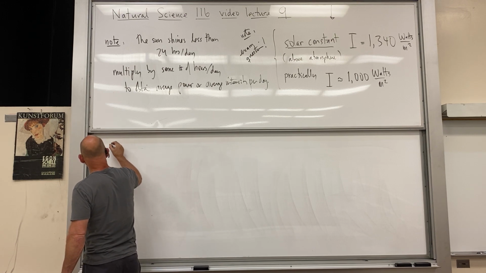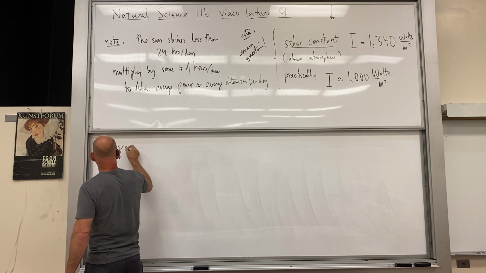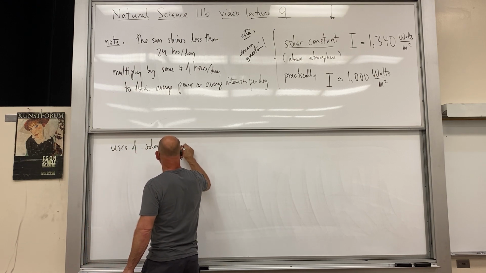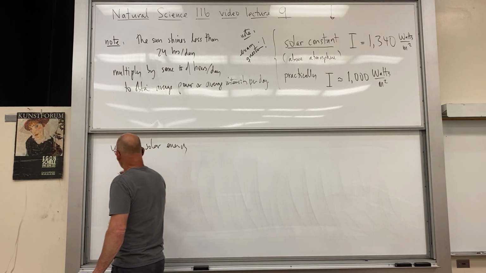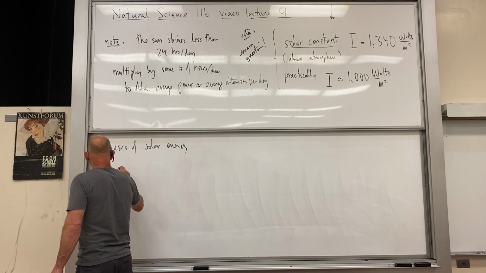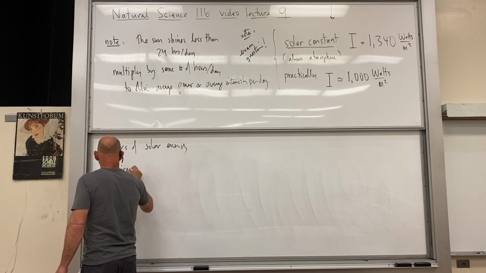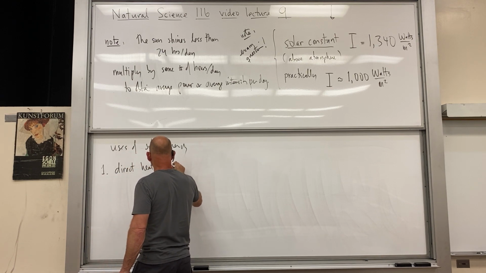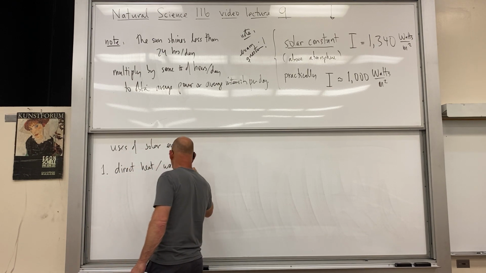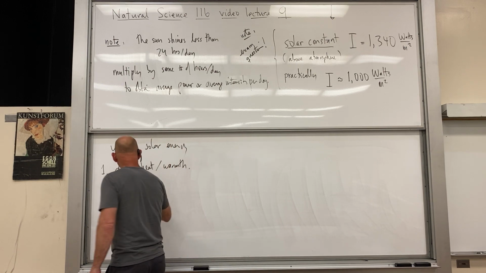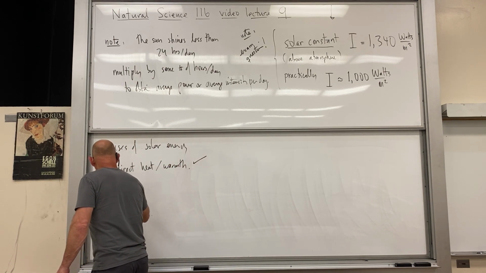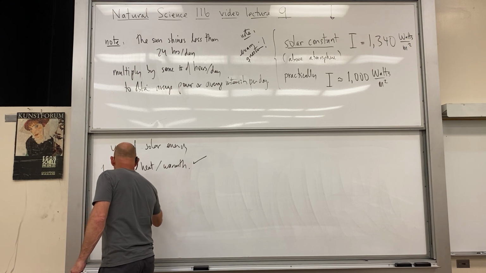So, uses of our solar energy. The first one, I'm just going to write direct heat/warmth. But the second one, I'm just going to put a check there. The second one is conversion to electricity,